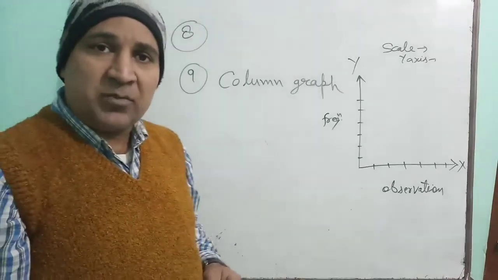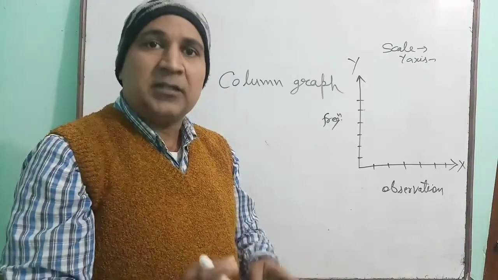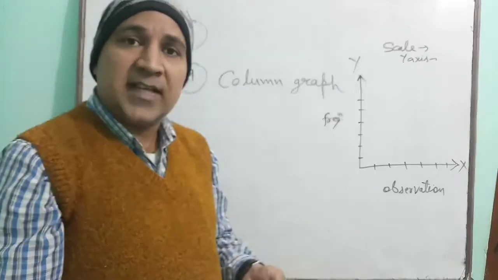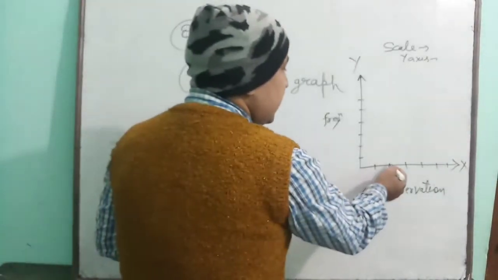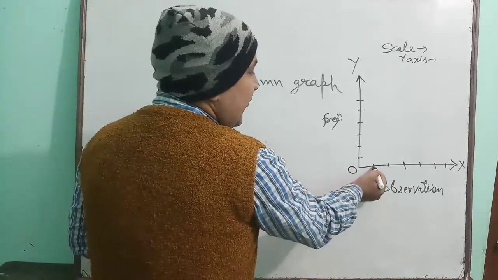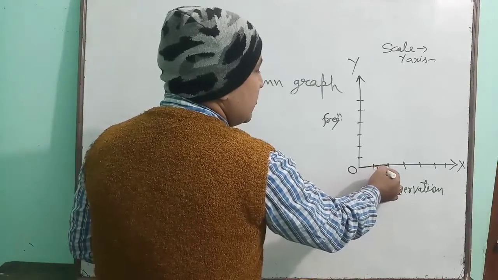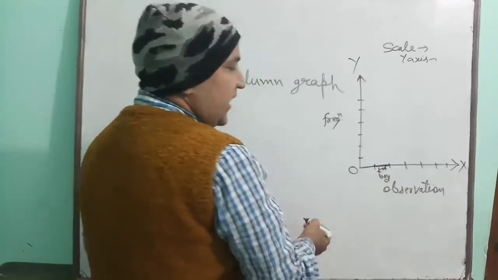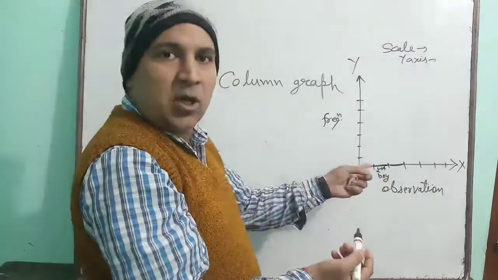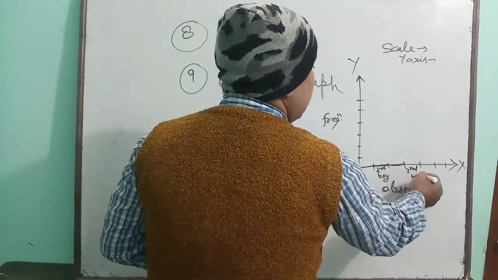Just like in your question number 9, the money spent by the children. Data of money spent by some children have been given. So you will watch that data. The names of the children you will denote here. First box, see this is the origin. The first box you will leave. The second box you will take for the first boy, first child. Again you will give the space for the second. The next box you will leave, and then the fourth box you will take for the second boy.